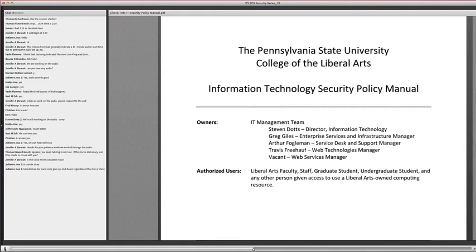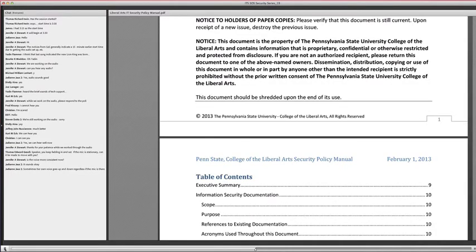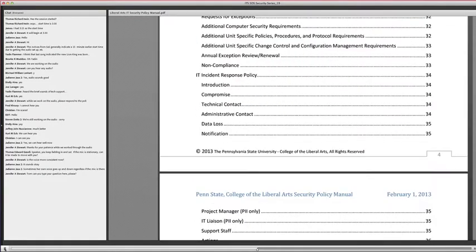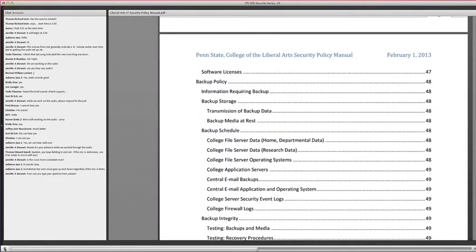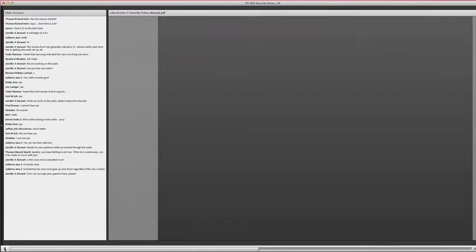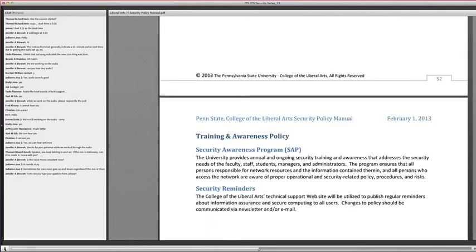I'm just going to briefly go through this policy, just so you have a sense of what it looks like. Certainly not going to go through 18 policies. So the owners, the authorized users, a disclaimer here. This is for confidentiality. Table of contents, and yes, this is a 53-page document, so the table of contents is about 6 or 7 pages. And like I said, we have 18 policies, and if you go to the end of the document,